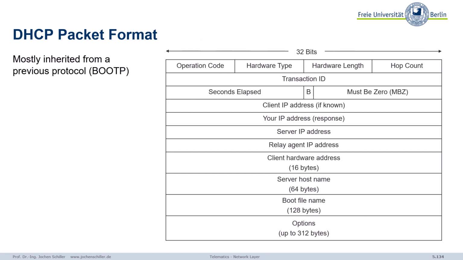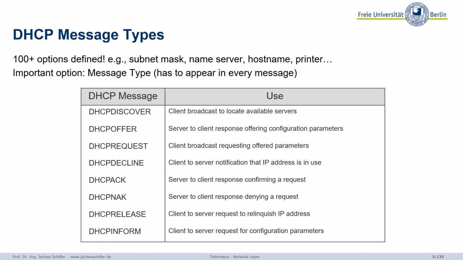That's just for information. If you're interested in details, please look it up in literature. So this is what's all sent, the transaction ID, and then all the IP addresses, the hardware addresses, the host names, etc., and many options. There are too many options to go into all the details. So not only options like subnet masks and host names and name server and maybe printer, and you see there's so many different things that can be specified, many different messages like the requests, like the acknowledgement, release, and all